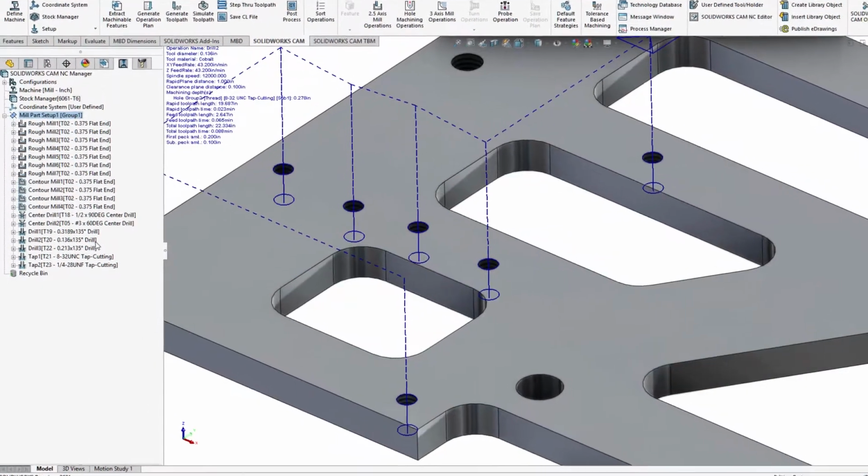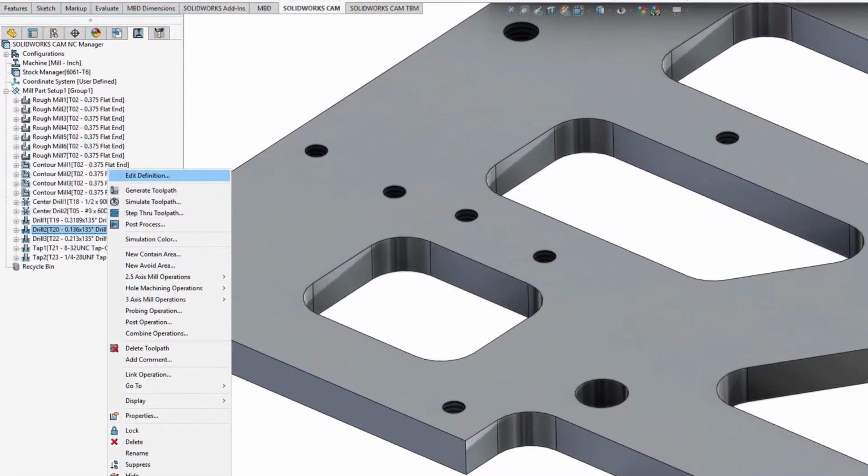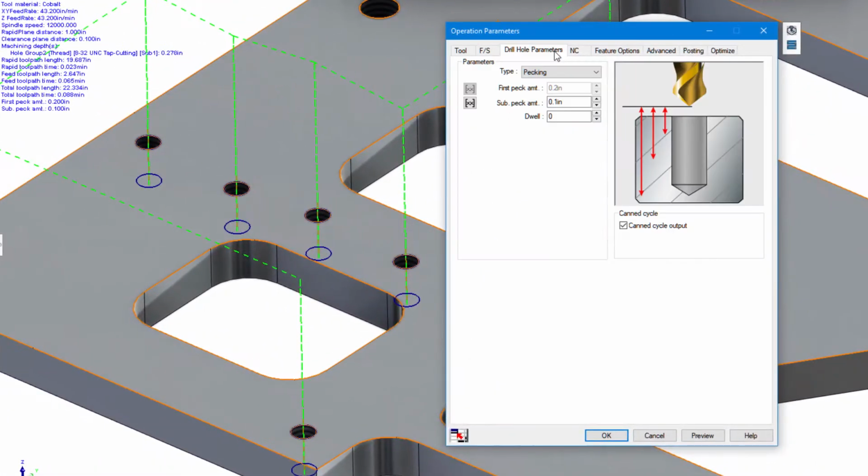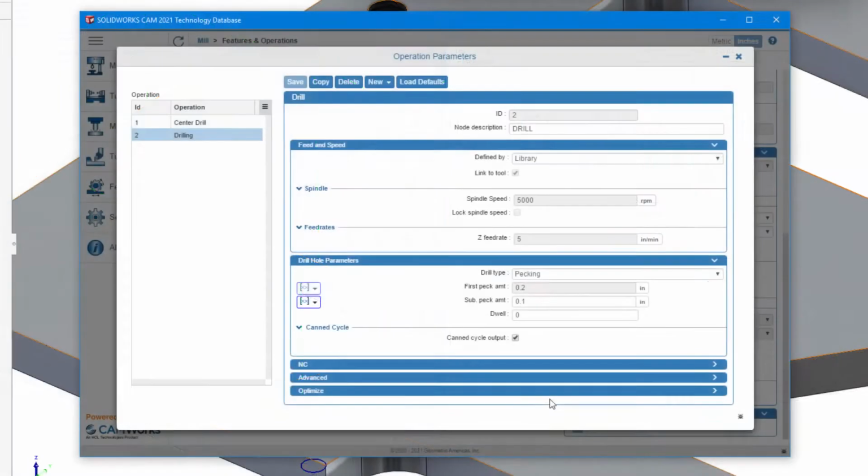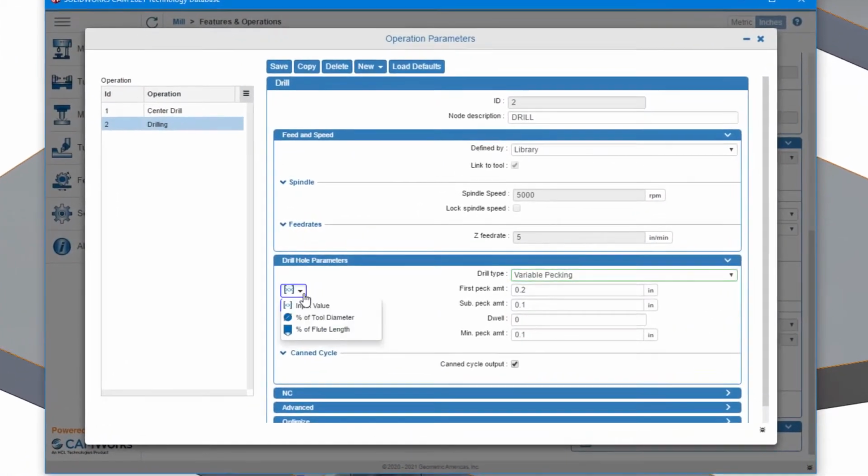Let's take a look deeper inside this drill operation. New in 2021, you can define PEC parameters with respect to tool diameter or flute length. More control of point-to-point operations like drilling lets me capture best practices robustly. Of course, the technology database stores how you want to do it in the shop, and that means your preferences